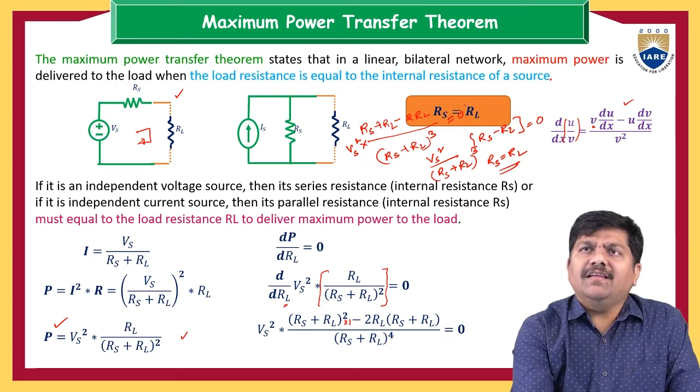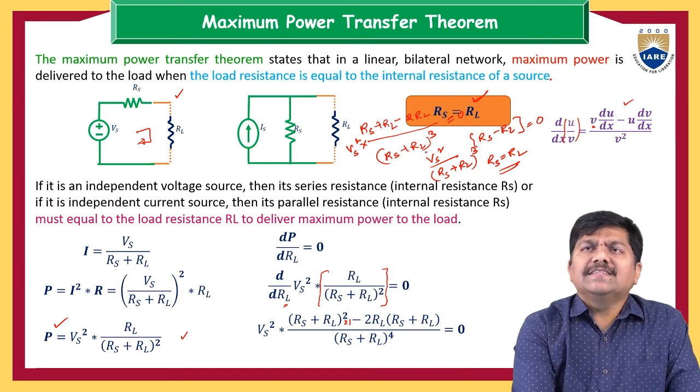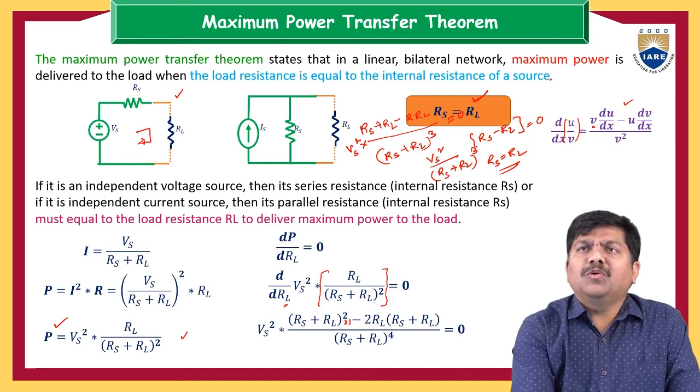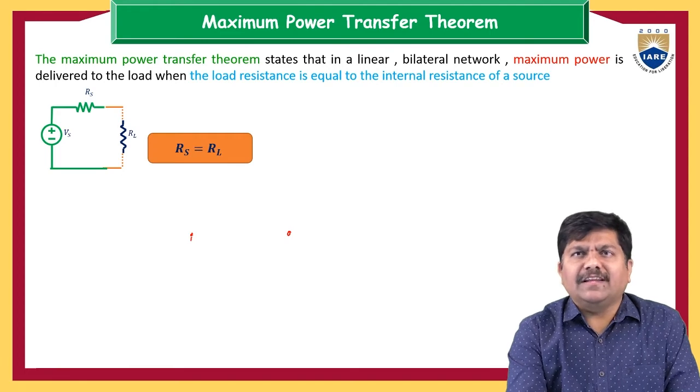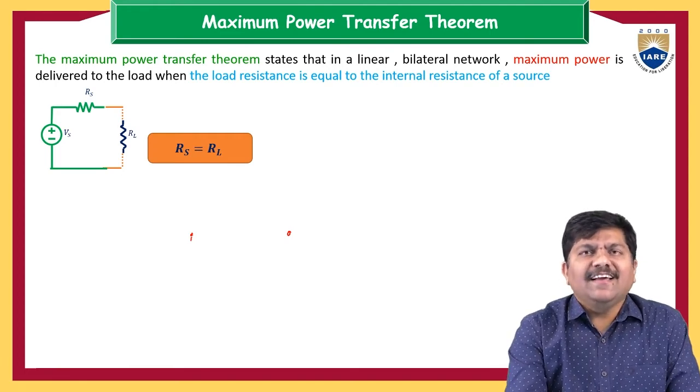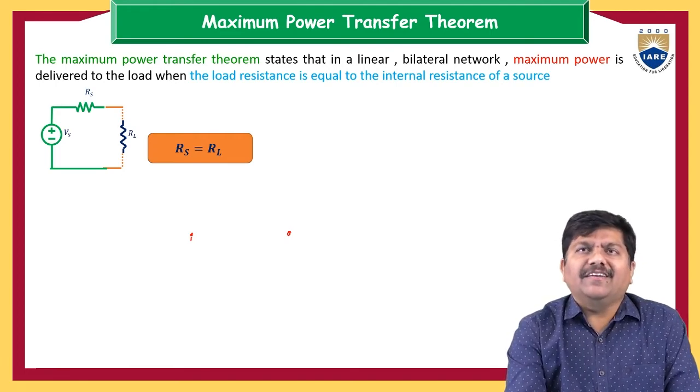So what is the condition here? Rs is equal to RL. That will be the condition to see the power to the load to be maximum. So that's what we have defined in the statement also. So maximum power means how much is it, whether it is 10%, 20%, 30% or 50 or 100. So let me derive that simple derivation also. That derivation will be highly helpful for us to see how much of power the load is carrying, if the source is supplying that much power to the load.